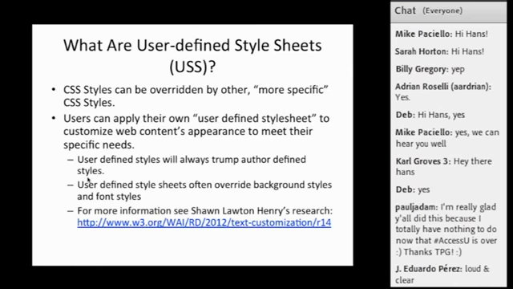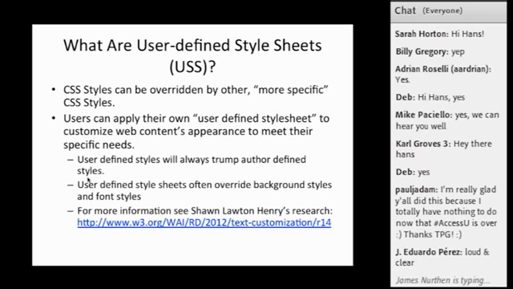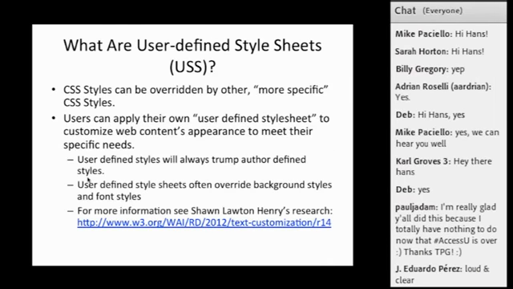Where CSS background images were supposed to be used only for decorative images, things that could easily be stripped out without the content losing its meaning. So anything that's redundant, anything that's purely for decoration, as we know, that's what CSS is supposed to be for. The CSS presentation layer is not supposed to convey any meaningful information to the user.